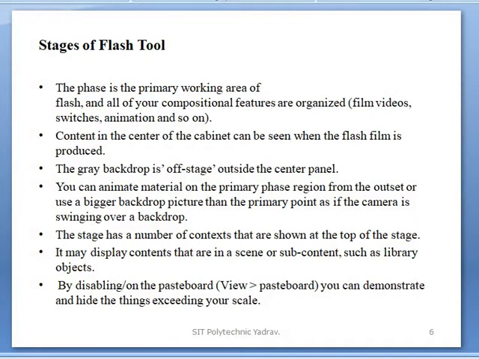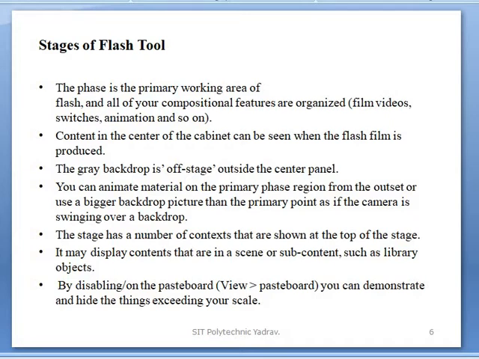Next point, the gray area is the off-stage outside the center panel. You can animate materials on the primary stage region from the outside, or use a bigger backdrop picture than the primary stage, as if the camera is swinging over a backdrop.